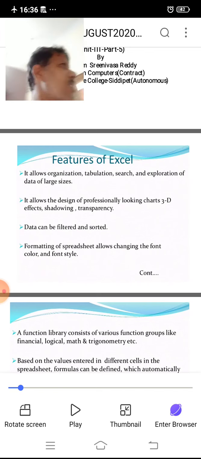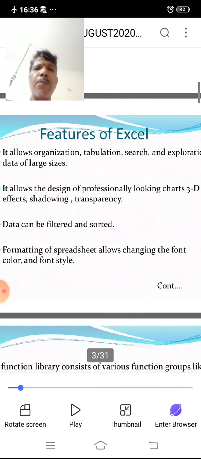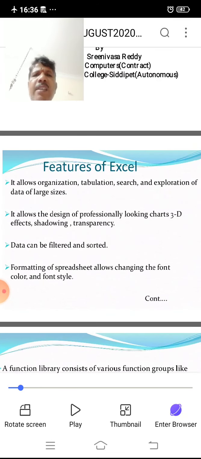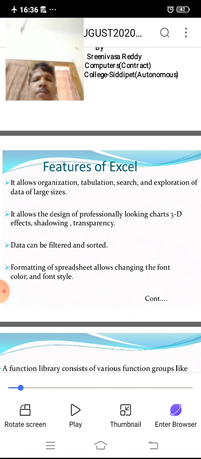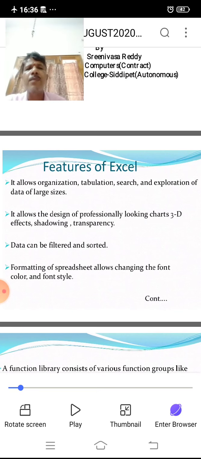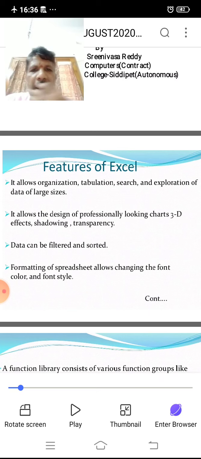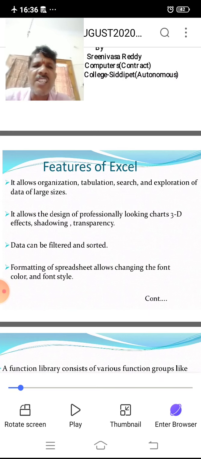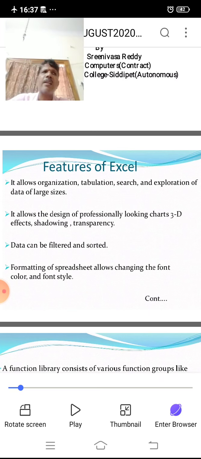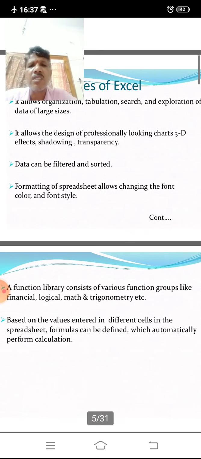It allows the design of professional-looking charts with 3D effects, shadowing and transparency. It allows users to filter and sort data, and to format a spreadsheet, changing the font color and font style, etc. These are some of the features, and there are more.